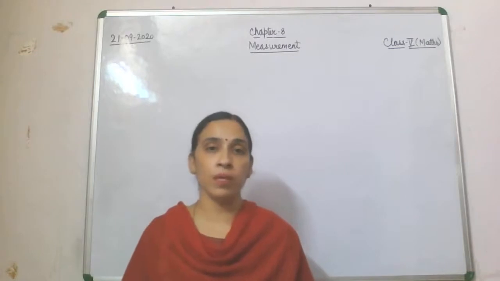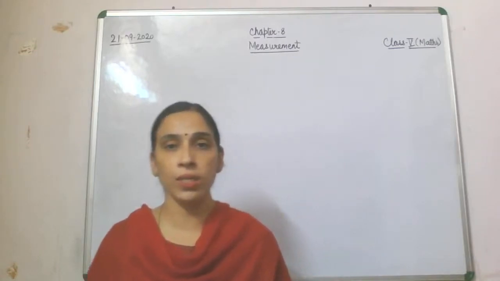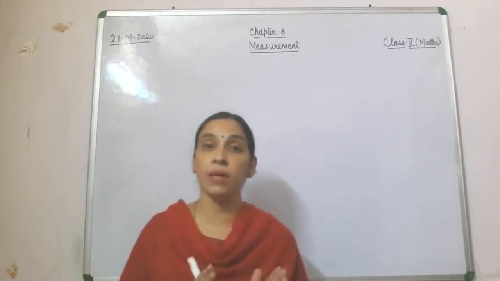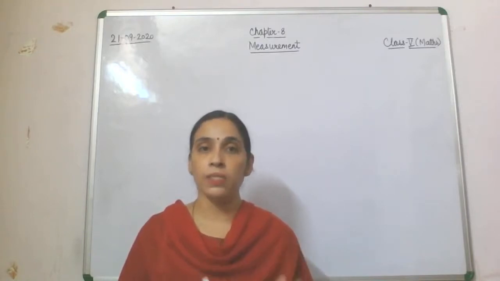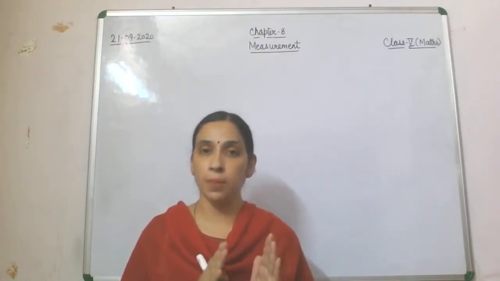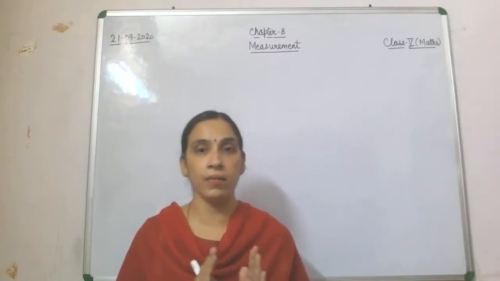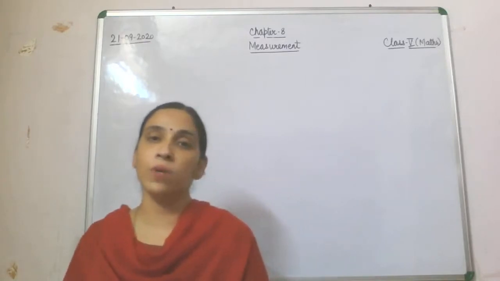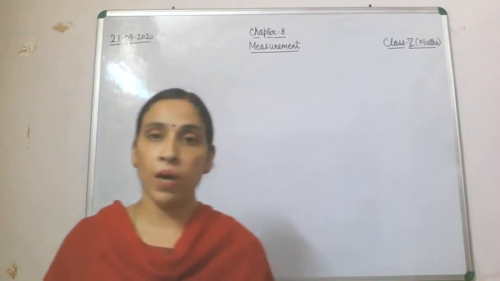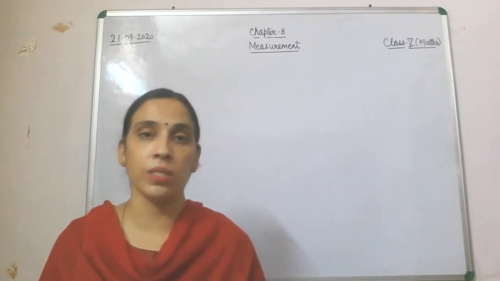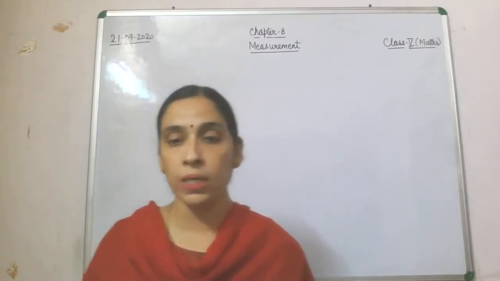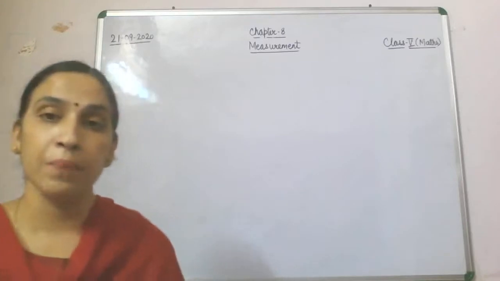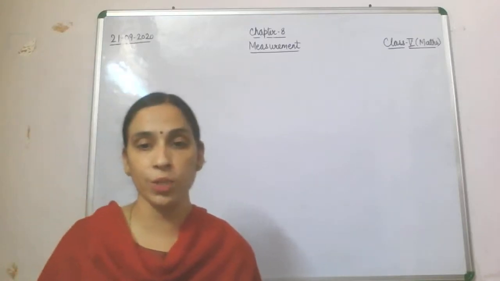See, in measurement of capacity, first we have done conversion. After doing conversion, then we have done our basic fundamental operations which we used on capacity, that is addition, subtraction, multiplication and division. So in the word problems, we were using one operation or more than one operation, and these examples are quite important. So today we are going to take these examples only in this video.